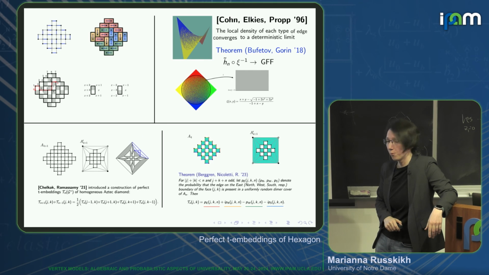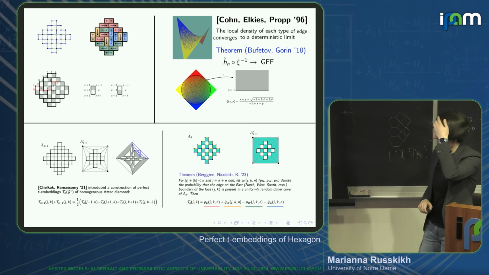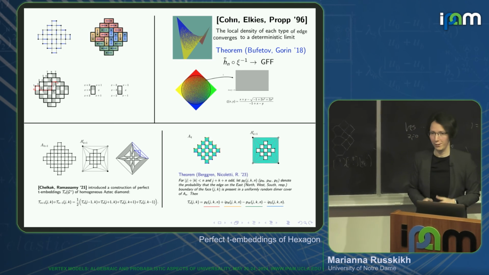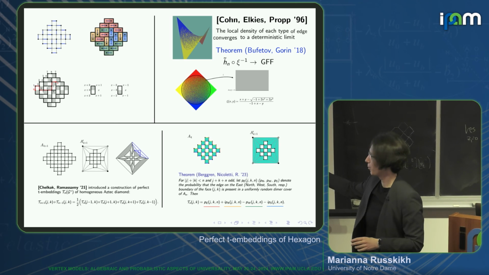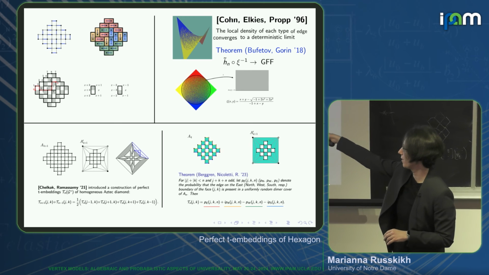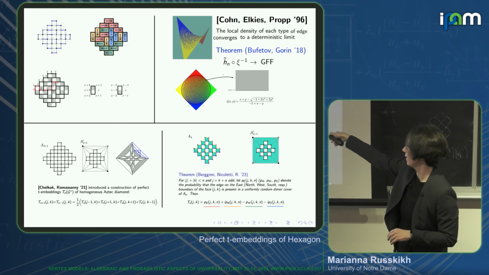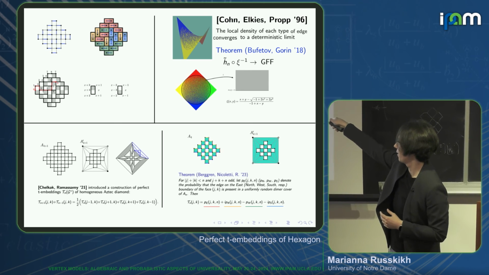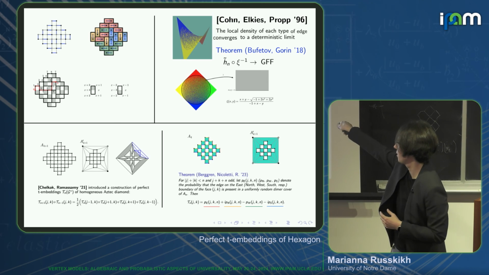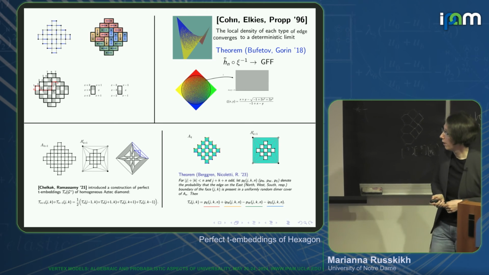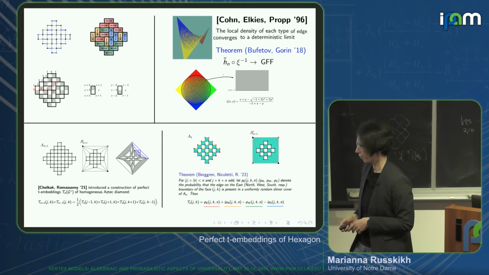I will say a few words about the Aztec diamond, which we heard a lot about today already. Thanks to the first speaker and also the second speaker, I don't need to say much. A very quick reminder: Aztec diamonds are domains of this type. We have this coloring. We know that the height function has a scaling limit. We know the fluctuations result: they converge to the Gaussian free field in some conformal structure. And in the uniform case,